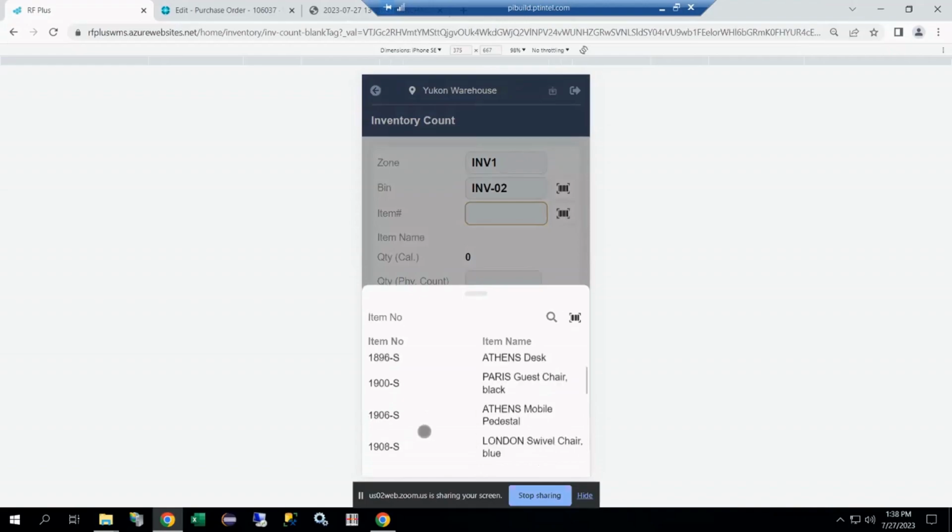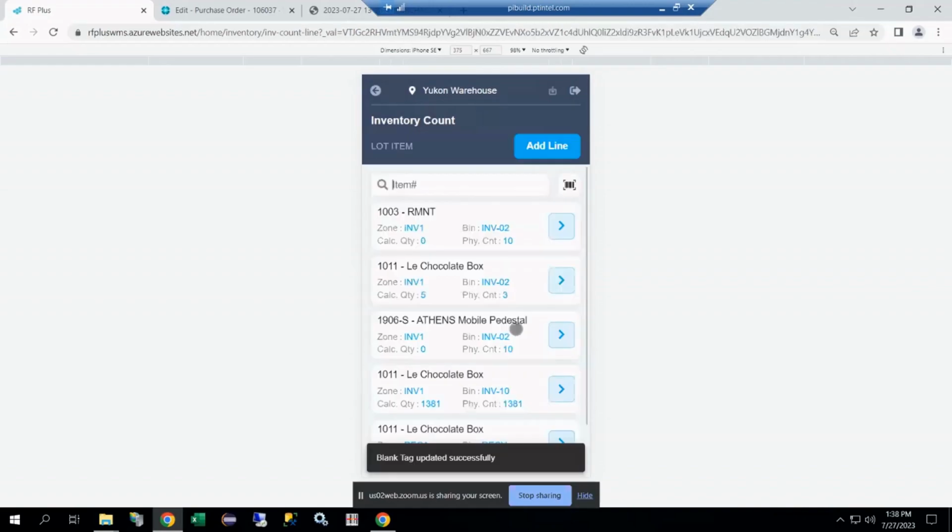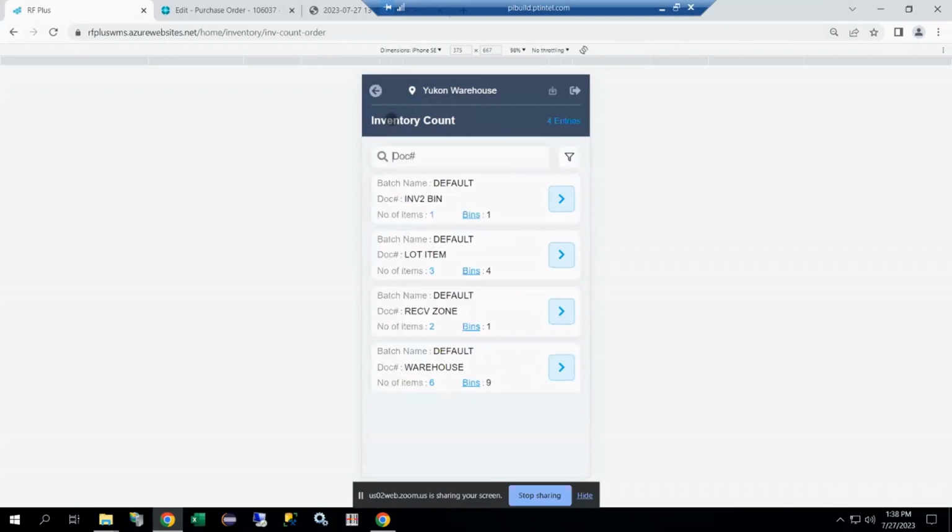So maybe I'll pick some random items and I'll say I found 10 quantities of it. I say update. So I can see that it is added to my list. The calculated quantity was 0 since the system didn't find this item during its physical count creation. Now I have entered 10 quantities. Likewise, I can add any number of lines while doing my count. So that's pretty much on the inventory